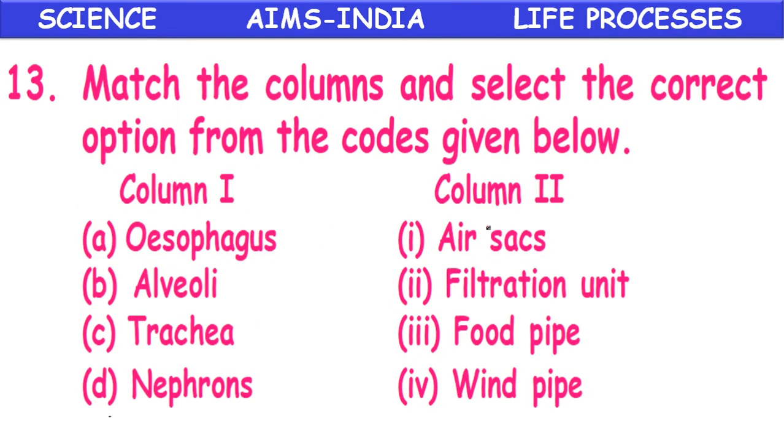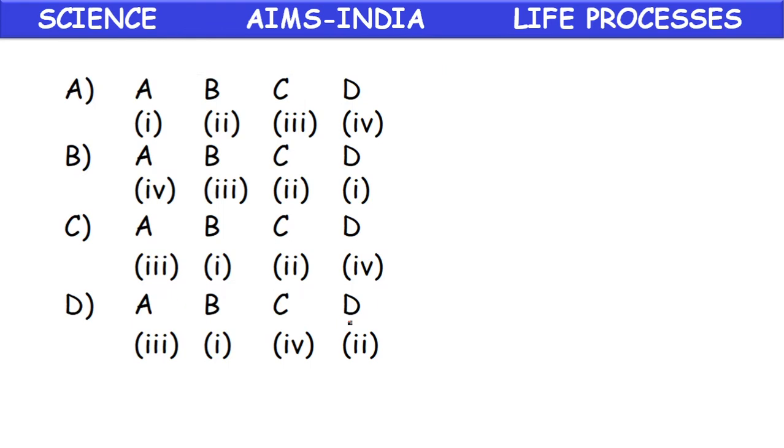Next, again same, match the following columns and select the correct option from the codes given below. In column 1: esophagus, alveoli, trachea, nephrons, and in column 2: air sacs, filtration unit, food pipe, windpipe. So, let us match first. Esophagus, it is also called food pipe. Alveoli, they are also called air sacs. Trachea, it is also called windpipe. Nephron, structure and functional unit of filtration. Okay. So, the correct code is